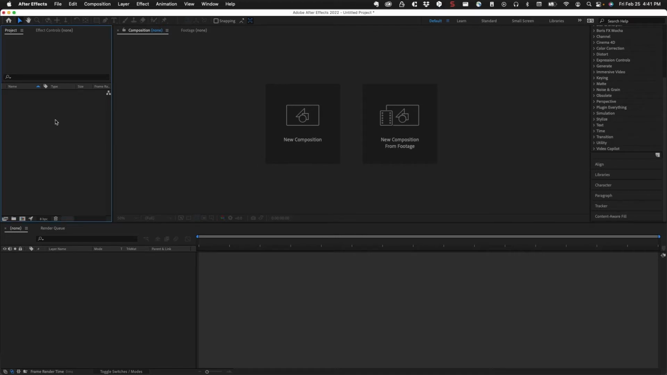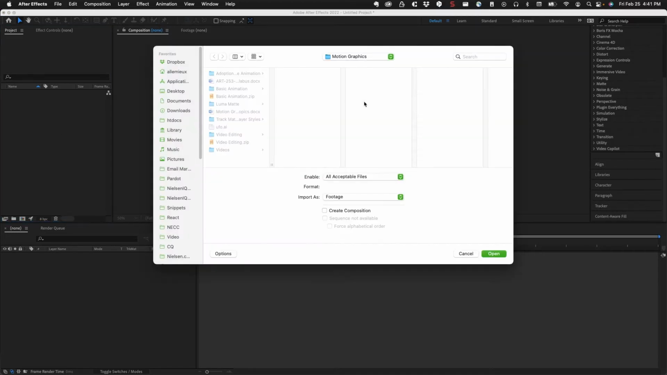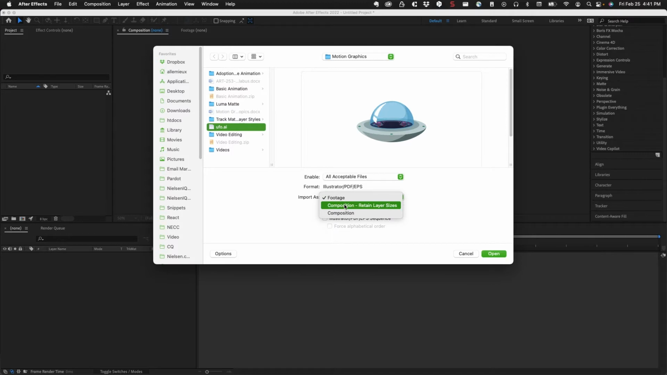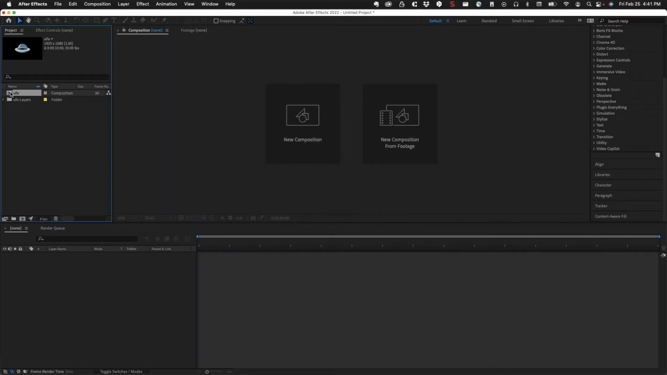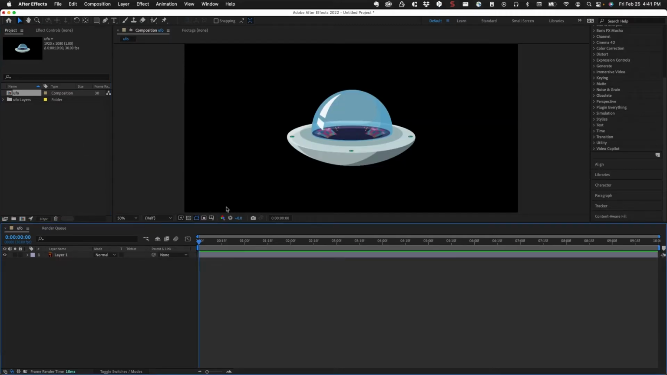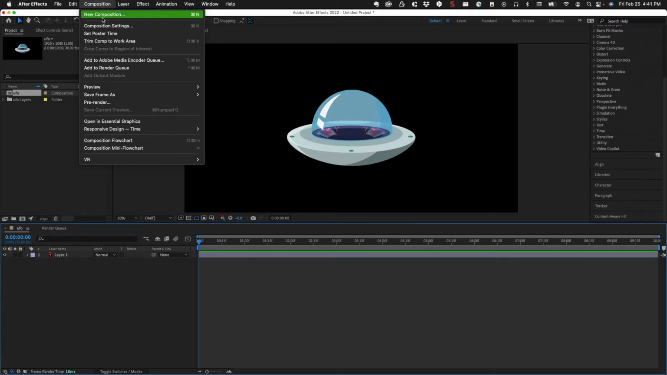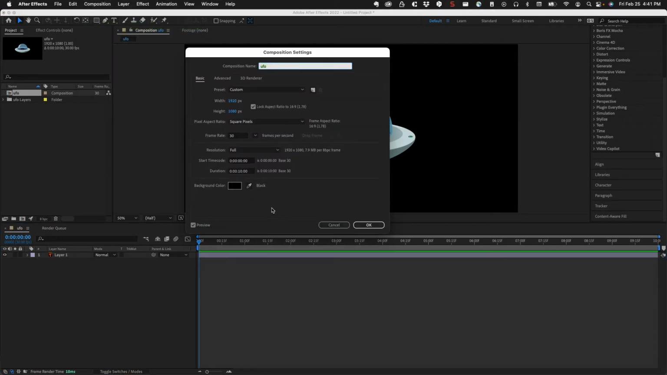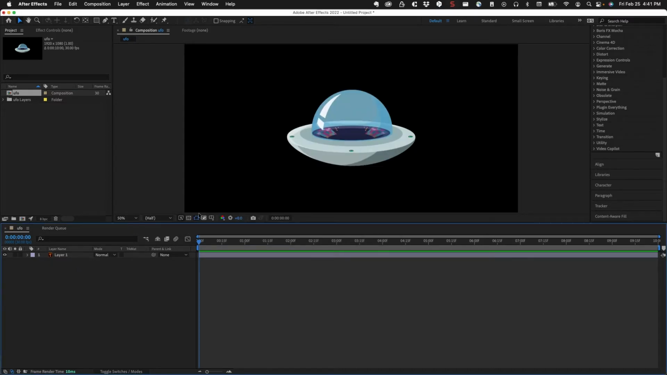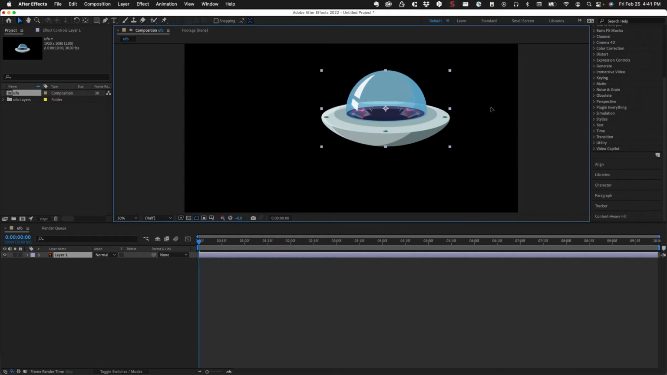I'm going to go to my project panel, double click to import, and I'm going to import this Illustrator file, and I want to import that as composition retain layer sizes, and click OK. And then I'm going to double click on the comp, and I have just a black background, which is the color of the comp background. Remember, if I go to composition settings, I have a black background, which is fine. And then the layer from the Illustrator file is just this UFO shape,